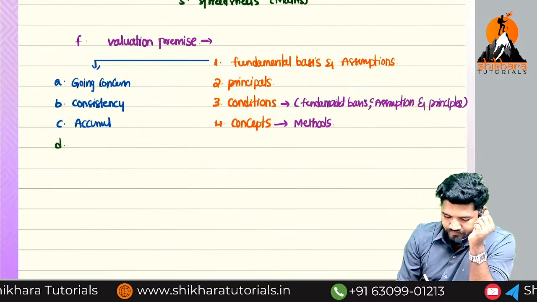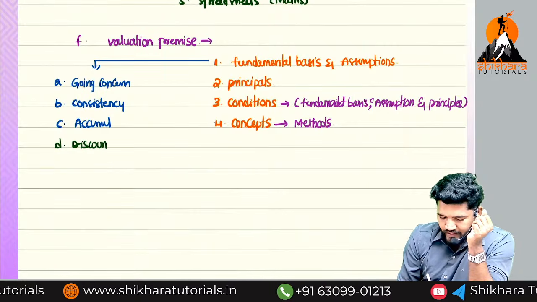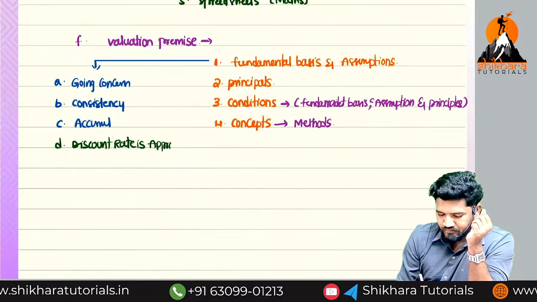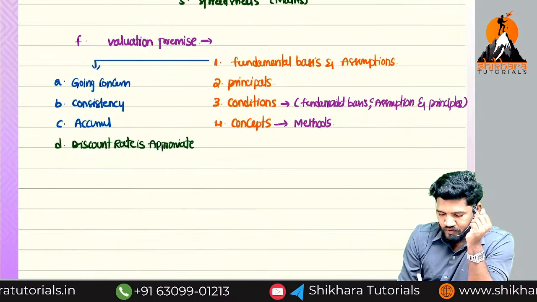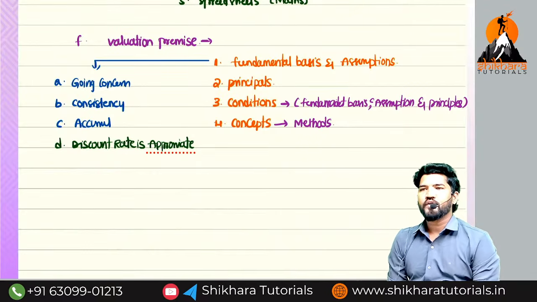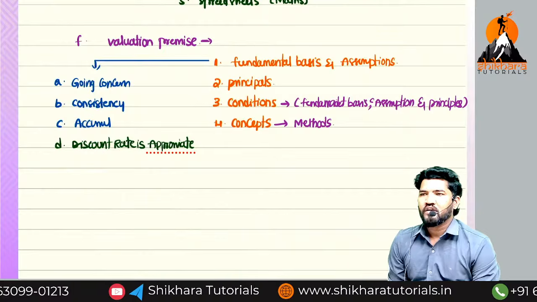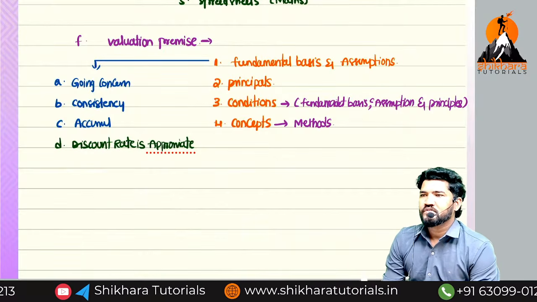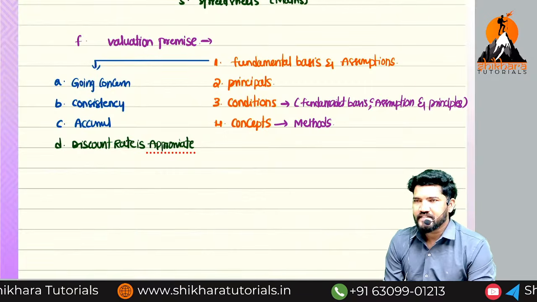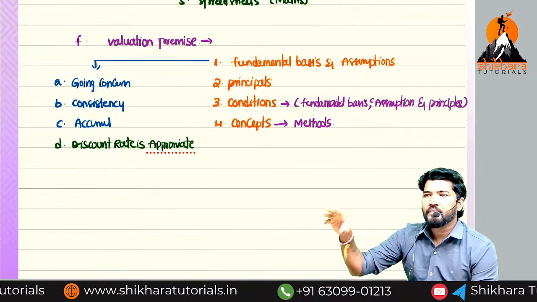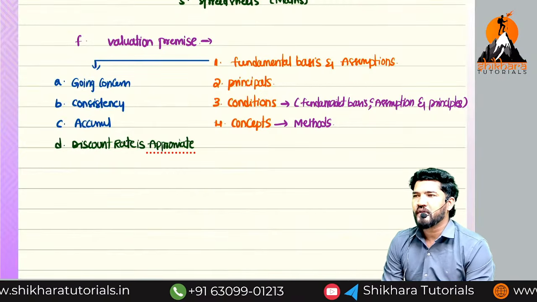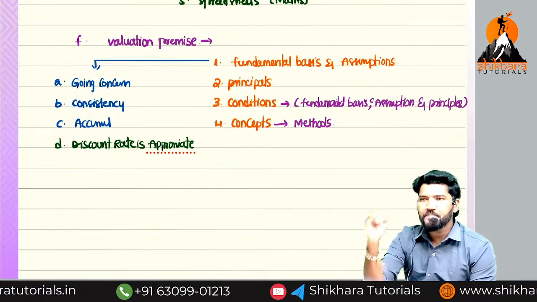Next assumption, discount rate is appropriate. What is the discount rate we are using in capital budgeting of FM? What is the discounting rate we are using in capital budgeting? Cost of capital. I will give clarity. The definition of cost of capital says that it is the minimum rate of return a company needs to earn to meet the expectation of an investor. Nana, clear, Nana? So minimum, at what rate are we procuring funds? That is what we need to earn first.